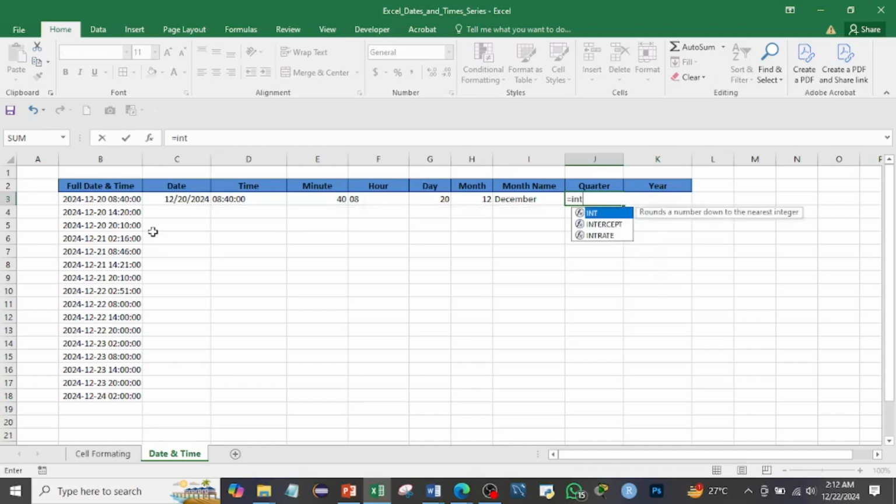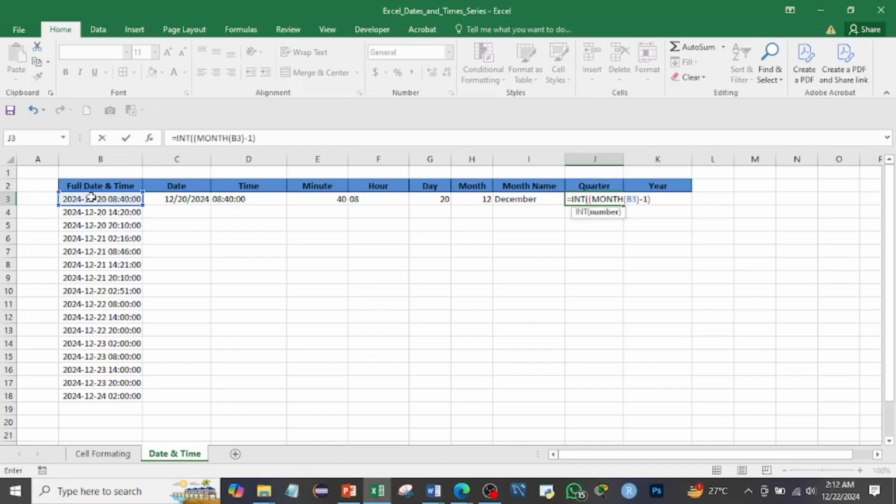We said INT, which we selected earlier in order to give us this date, and then we add another bracket, and then we type MONTH to extract the month, and then we select the cell where the date is placed, and then we close it. And what you want to do next is to type -1, after which we close the bracket